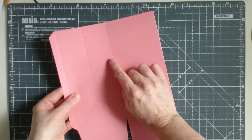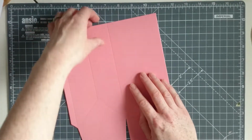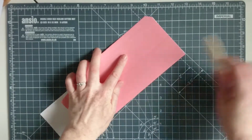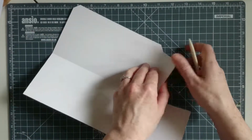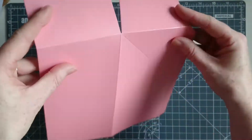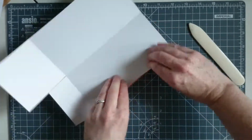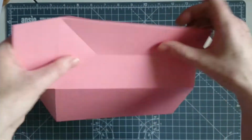So before I do that, I want to fold all of my score lines because this side is going to be weakened with all of the holes in it, and it's going to be really difficult to fold up your score lines without it bending here because it's weaker, because there will be loads of holes in it. So do it before you put all of your holes in it. So let's get this bone folder up, very important. And as you can see, it is folding really well, no cracks. There we go. Fold that inwards. There we go. Okay,